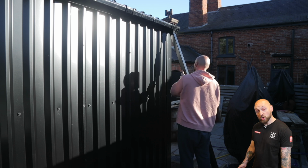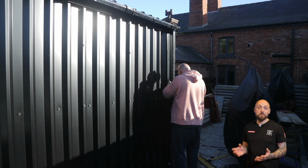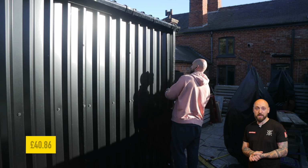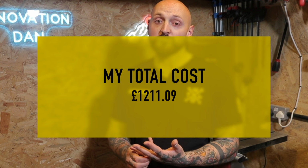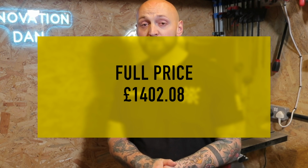And lastly, for the guttering, I used the square profile, which I bought all separately, but I'm not going to list them all individually. This cost me £40.86. So after adding everything up, the base, the frame, the cladding, the guttering and the door, my total spend was £1,211.09. And if you were buying every bit from scratch, no spares, leftovers or Facebook Marketplace bargains, you'd be looking